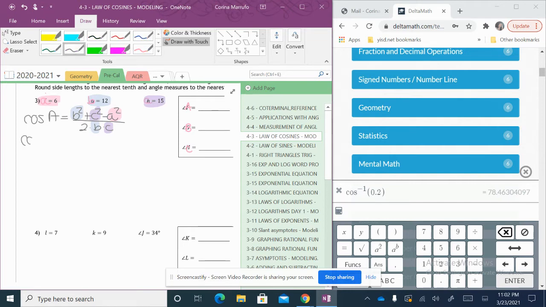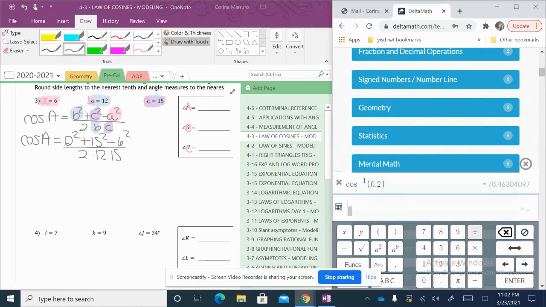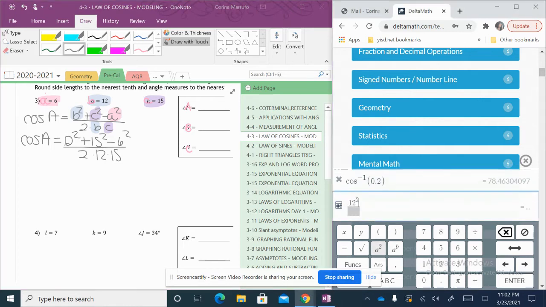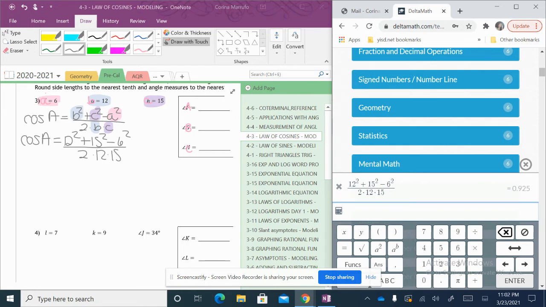We have cosine of big A equals b squared, that's going to be 12 squared, c is 15 squared, minus a squared, which is 6 squared, over 2 times 12 times 15. So I'm going to go ahead and put all of that in my calculator. Start with the division sign so that I make the fraction, and on the top I get 12 squared plus 15 squared minus 6 squared, and on the bottom it's 2 times 12 times 15. Enter. Gives me